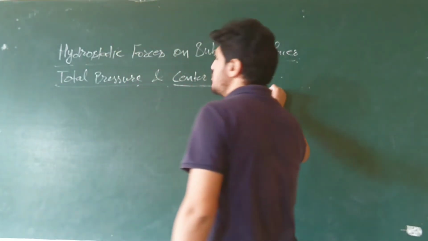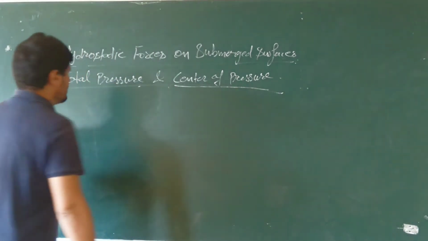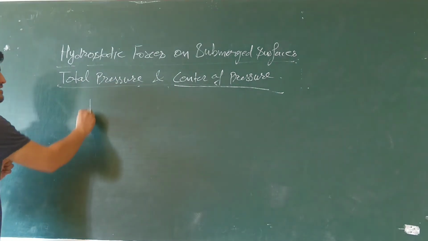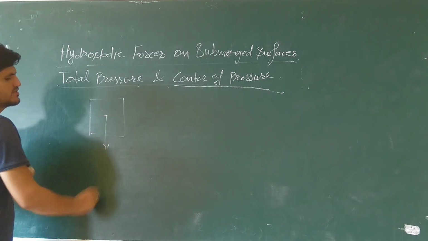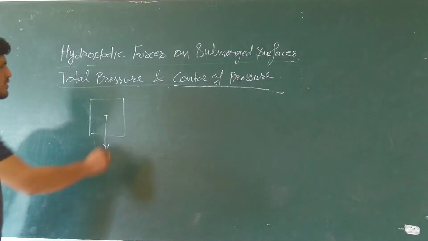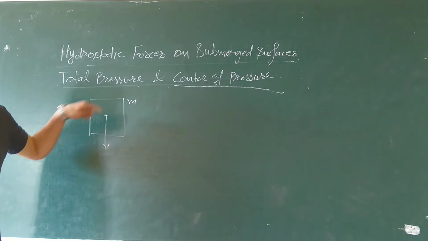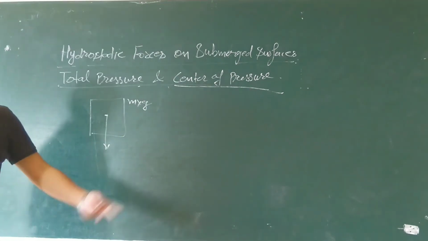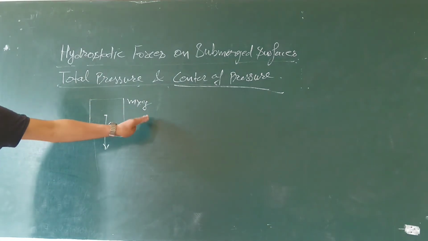What is your center of pressure? Center of pressure means, जैसे कि what is your center of gravity? Center of gravity क्या होता है? Where the whole weight of the body is supposed to concentrate, right? So ये एक body है, ठीक है? इस body का अगर mass m है, ठीक है? तो इसके ऊपर इसका जो weight होगा वो क्या होगा? m into g होगा, ठीक है? m into g, मास के ऊपर जितना भी acceleration due to gravity की वजह से जो फर्क पड़ेगा,